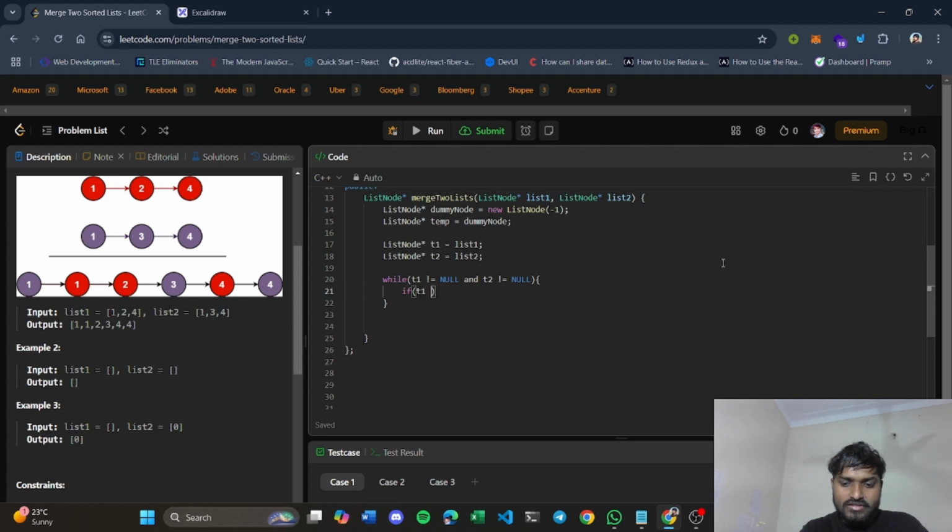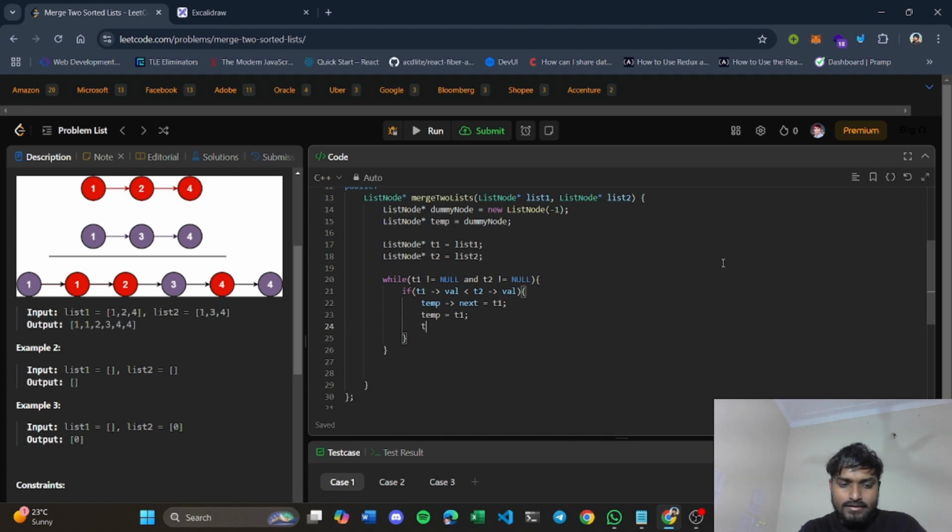You will basically check whether T1 val is less than T2 val. If that is the case, you will point your temp next pointer to T1, and you will move your temp pointer to that T1 node.